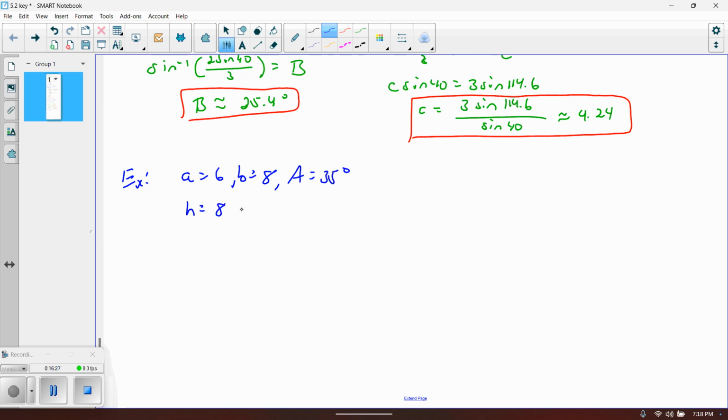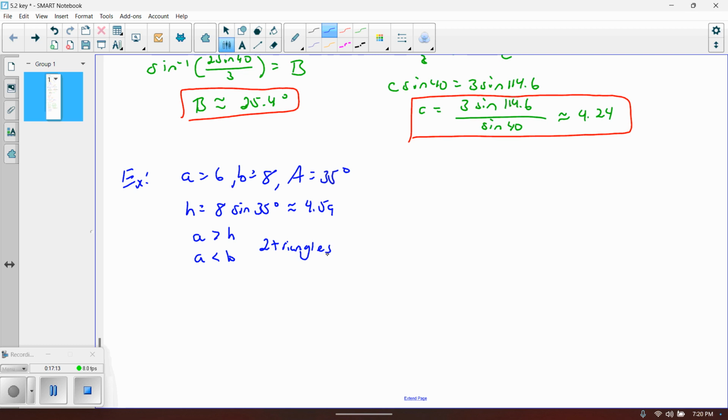So B sine of A. And just to double check, you get approximately 4.59 for the height, and A is bigger than 4.59, so A is bigger than your height. So we know we have at least one triangle. And how do we know that we've got two triangles? That is because B is going to be longer than A, or A is less than B, however you want to say that. So A is less than B. So we know we have two